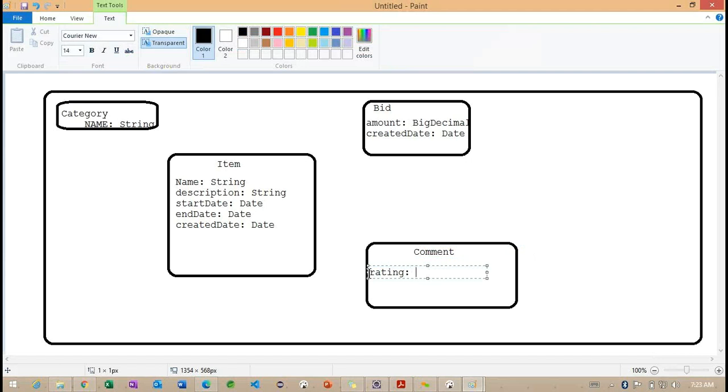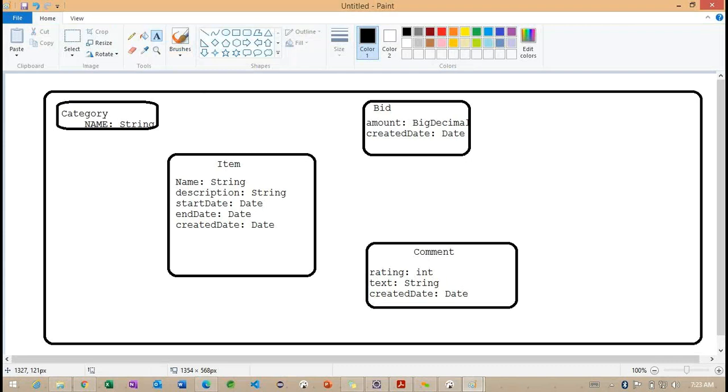Here, we'll specify the rating information. The rating we can make int. Then something called text. This text information we can make a string. And here we need to specify the created date, when this comment is created. Getting the point. So these are the comment information.